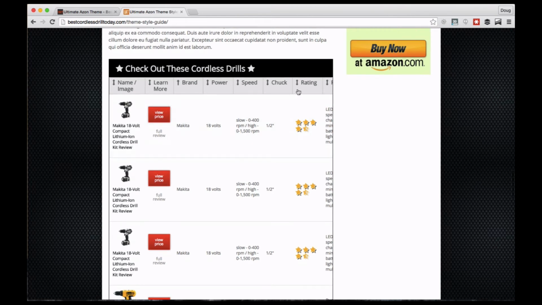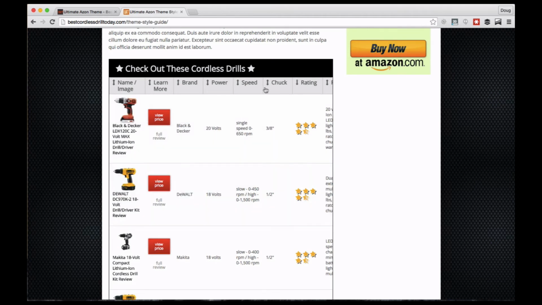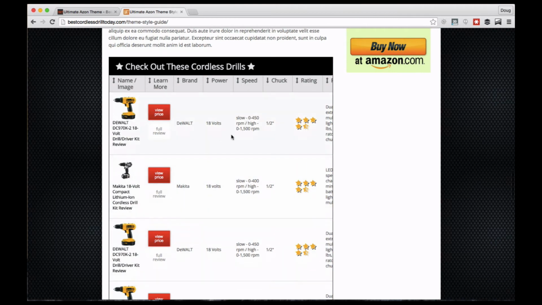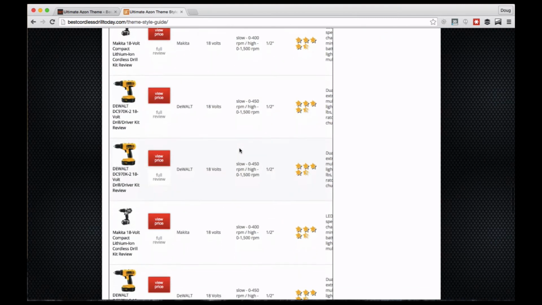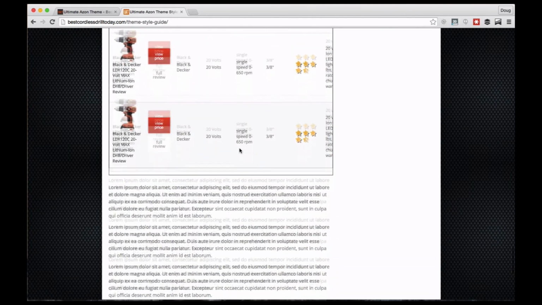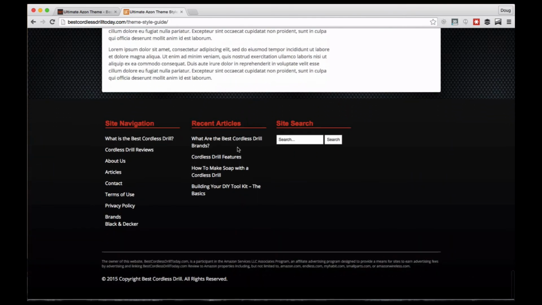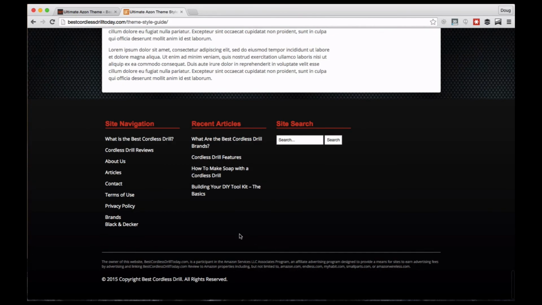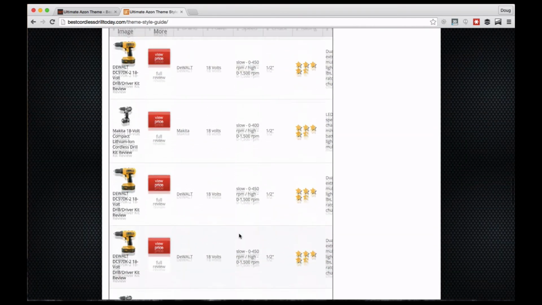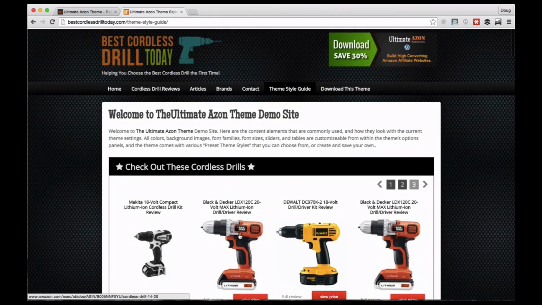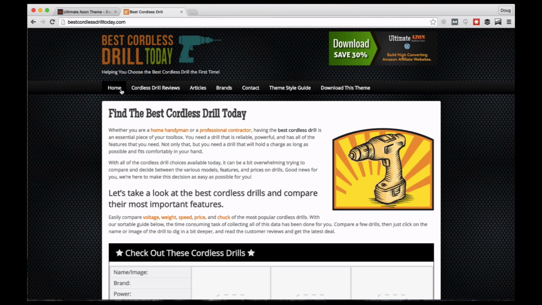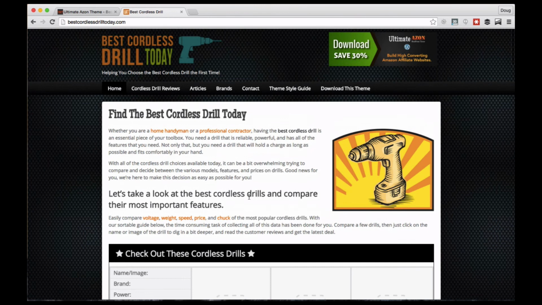So obviously that gives people the ability to sort by rating, or maybe they're looking for a particular chuck size, so they need a half an inch instead of 3/8, something like that. Okay, and I think that covers the main features. So you end up with a very high converting Amazon affiliate site, and these are